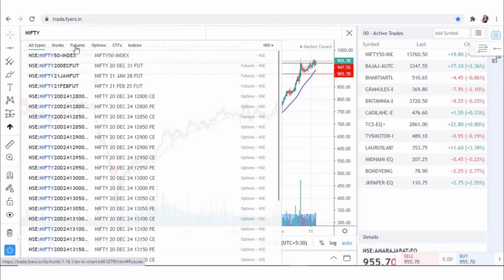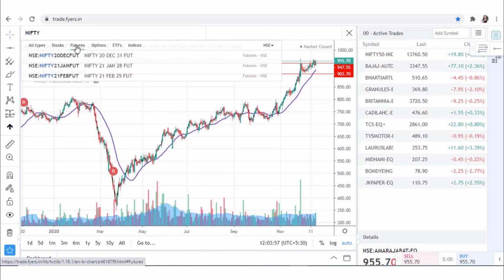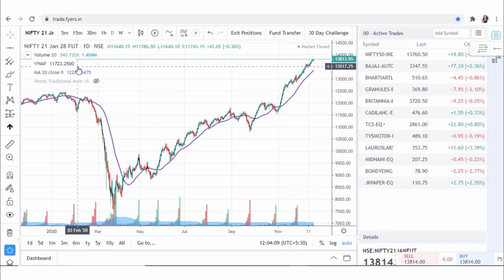And a drop down will appear with options, that is, all types, stocks, futures, options, ETFs and indices. Click on the Futures tab and it will show Nifty future current month followed by next month and the far month.